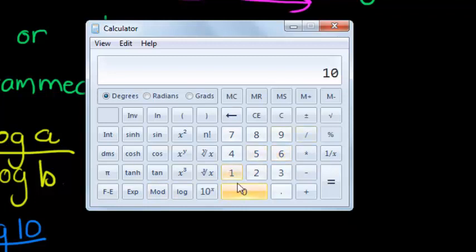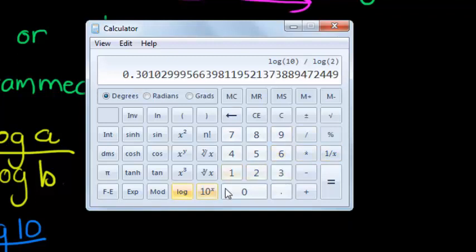So in this case, I type first 10 log, which takes log of 10, divided by, and now log of 2, which is the original base, divided by 2 log. So if I press equal, it gives me the answer of log 10 divided by log 2, and that is approximately